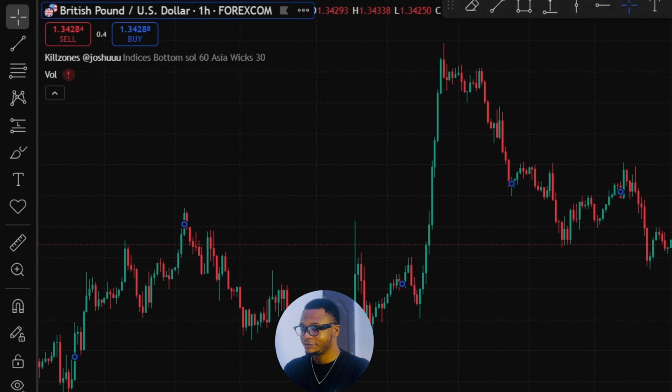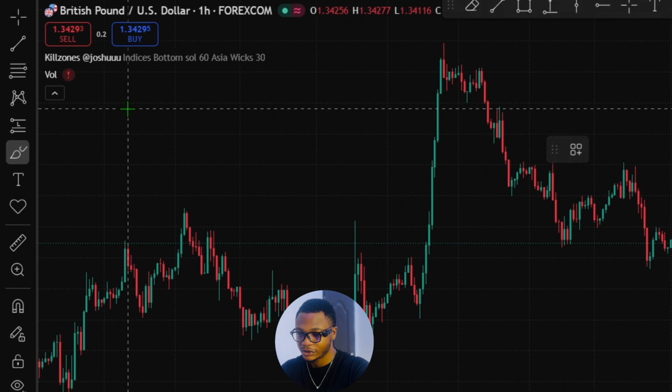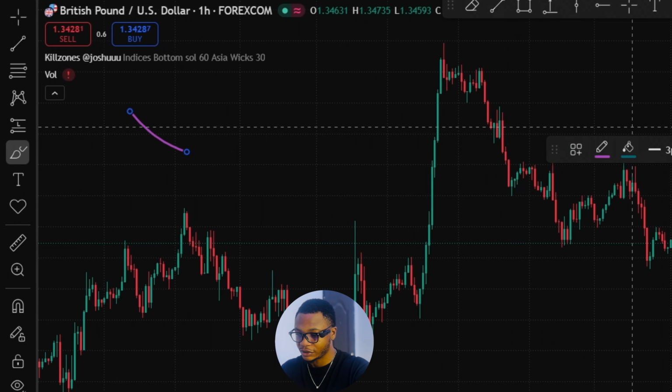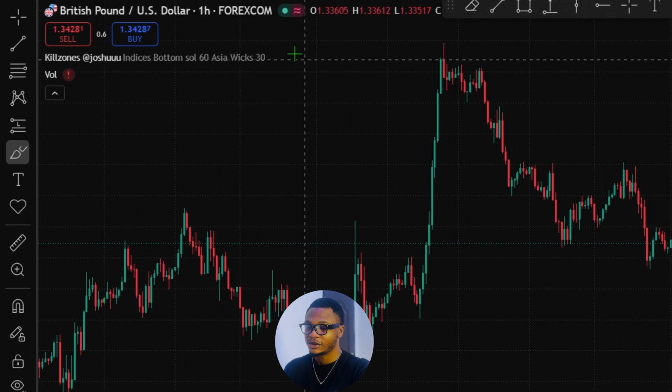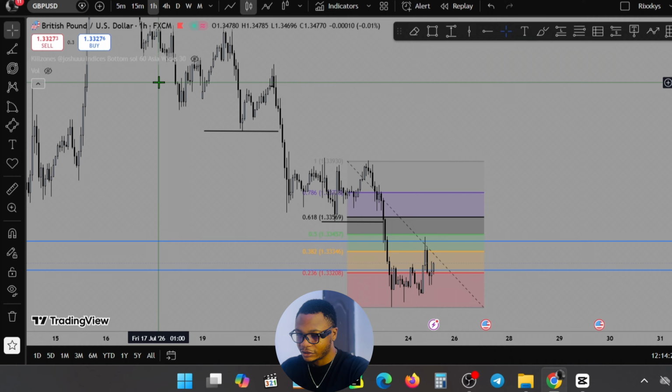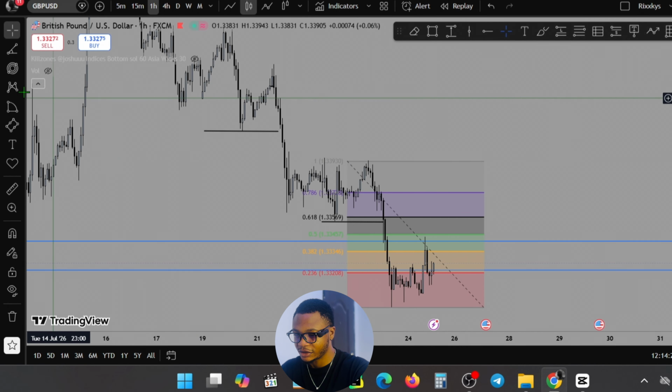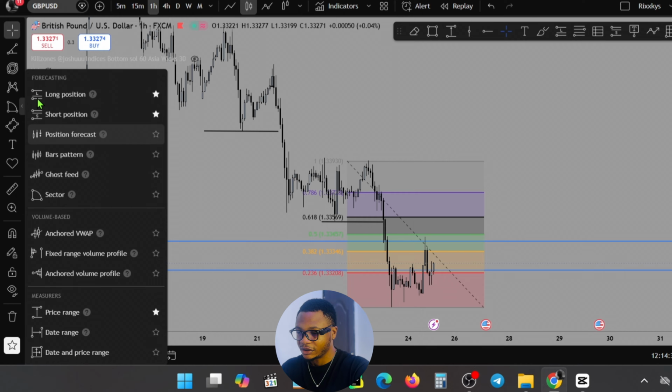So then on your left hand side you see different tools, drawing tools here. These are all drawing charting tools. You can use it to draw and mark on the charts. So we're looking at some of the tools in TradingView, some of the drawing tools. You can see here they have the famous Fibonacci tool drawn out. Let's see if we can draw it out again. You see it's all in this same toolbar here, so